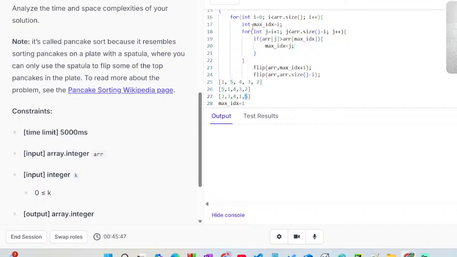The max index should start from 0. Yes, this is something we are assuming, that again, for max index, it always starts from 0,